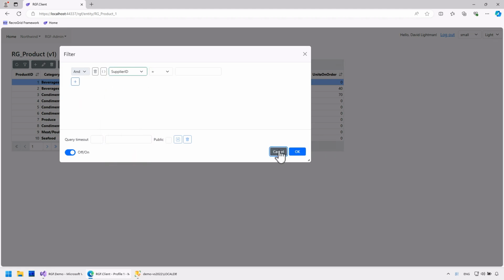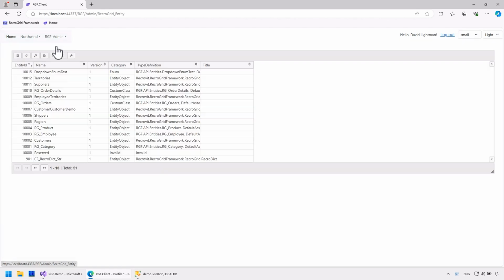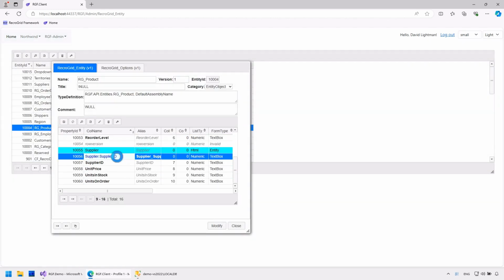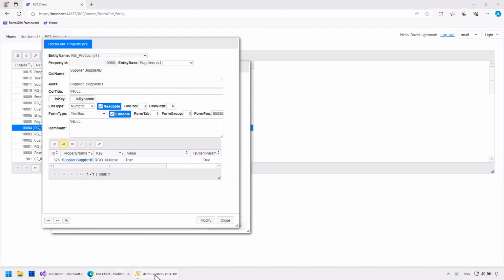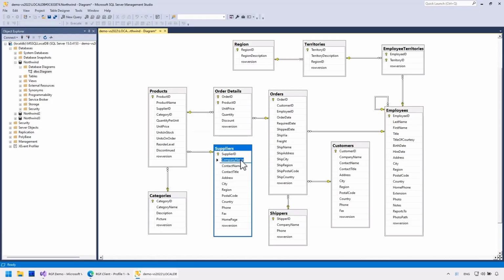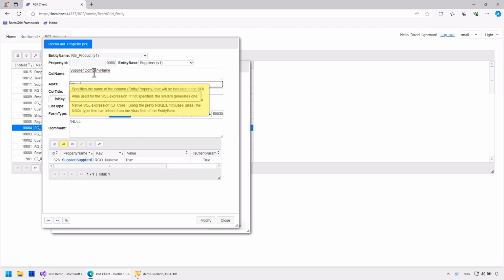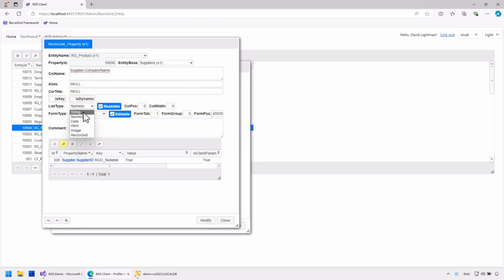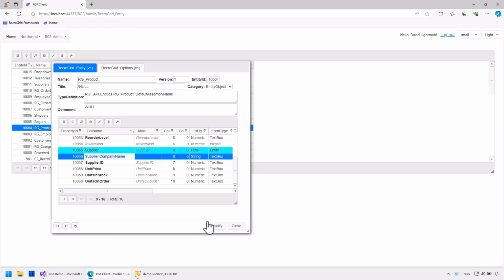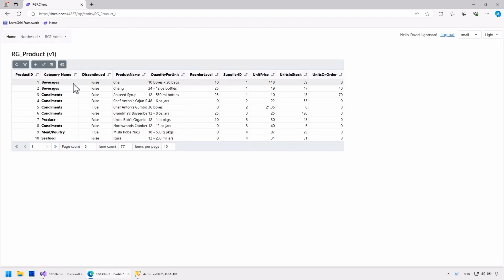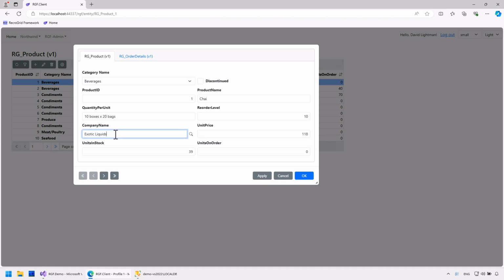To make it more user-friendly, I will replace it with the company name. I simply need to change the name and type. And now, it's user-friendly to filter by name.